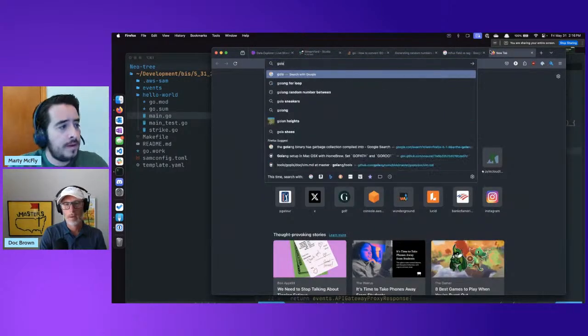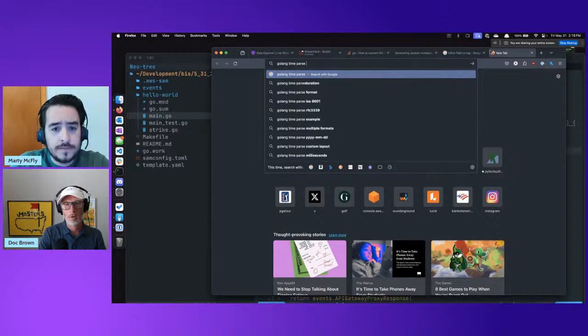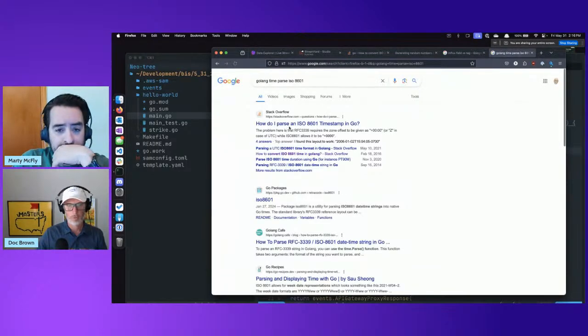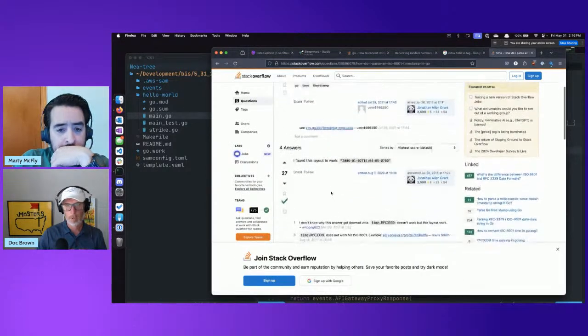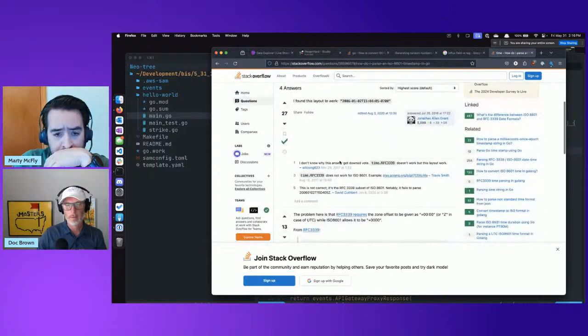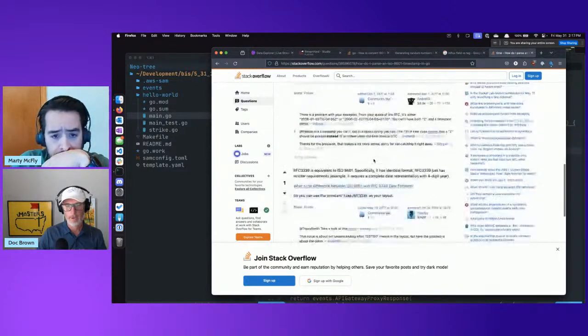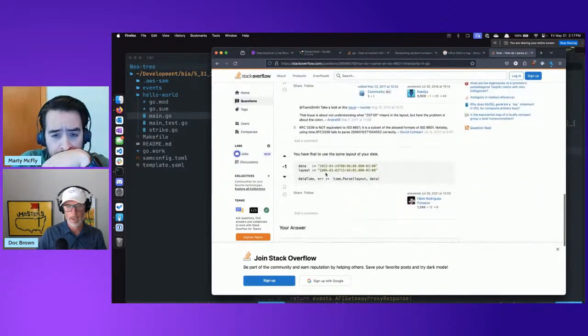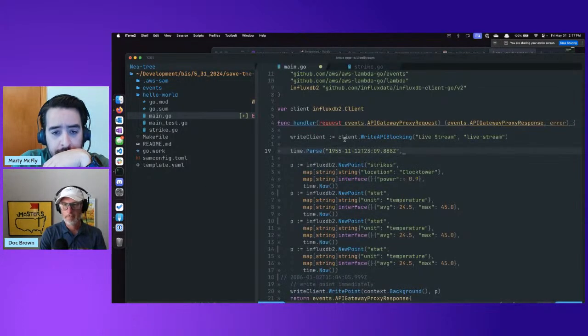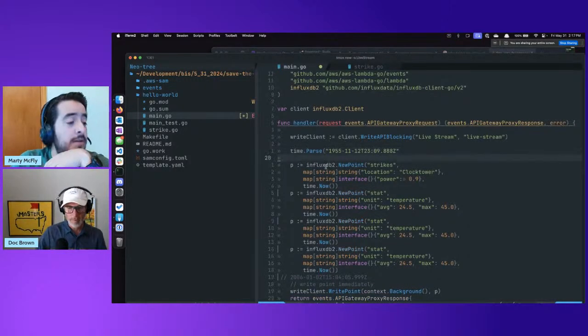Layouts, right. I should have done more. Yeah, there it is. Time.parse, layout, and the data. That's right. Oh, nice.